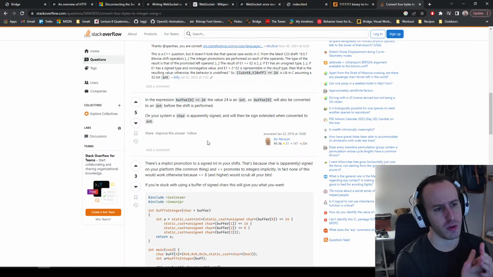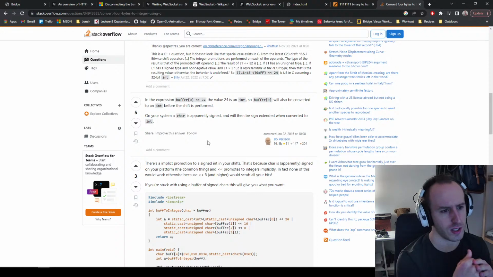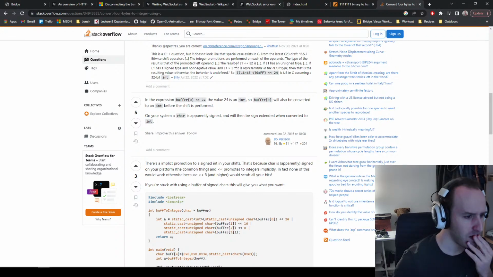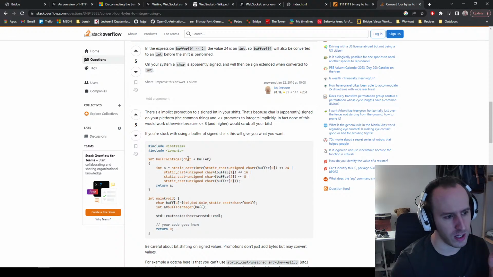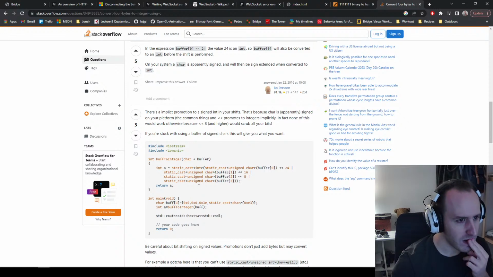There's an implicit promotion to a signed int in your shifts. That's because char is apparently signed on your platform. Why do they keep saying that? You have char and you have unsigned char. I've never heard of char being unsigned. If char was unsigned by default, why would you have unsigned? And why would you make it signed? The common thing is to enter implicitly. In fact, none of this would work otherwise because